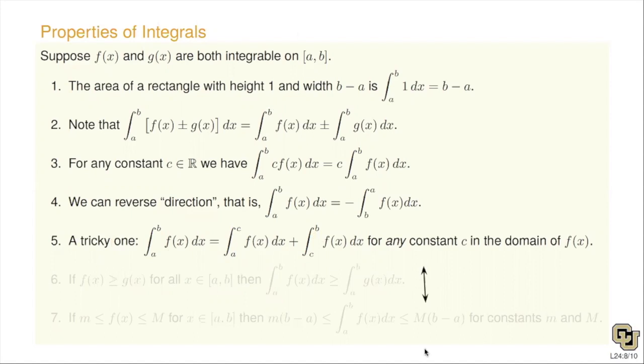Let me draw a picture here. So here's my axis, and let me make 3 marks here. And so the reason I say this is tricky, I'll call this A, I'll call this B, and I'll call this C. So here you see C is outside. It's to the right of B. So here's our function, f of x. And so what the integral is saying is, we can calculate this area